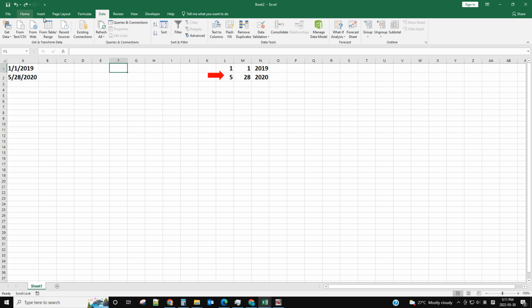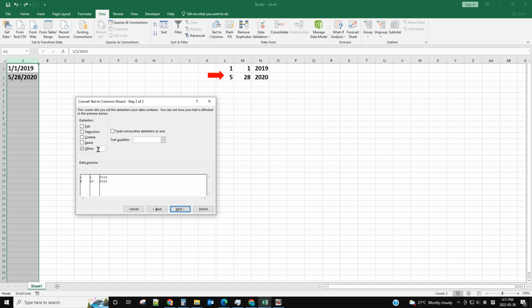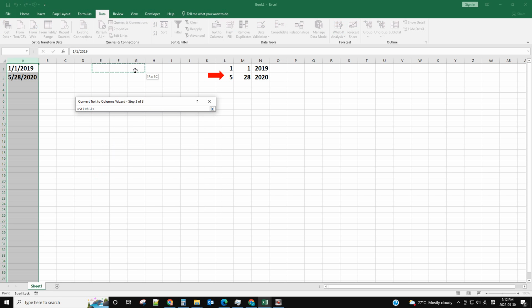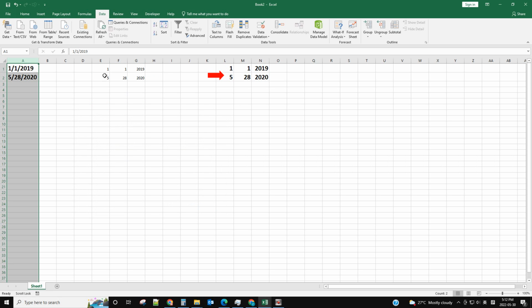Okay, so let's go back to Data, Text to Columns. Oh, sorry, we need to select the data first, then Text to Columns. Go to Next. Same thing, using slash to split it. Go to Next, and here you have a destination. So we want E, F, G, okay? So we click destination, then we go to E, F, G, okay? Then we click Finish. Now the data is split in E, F, G